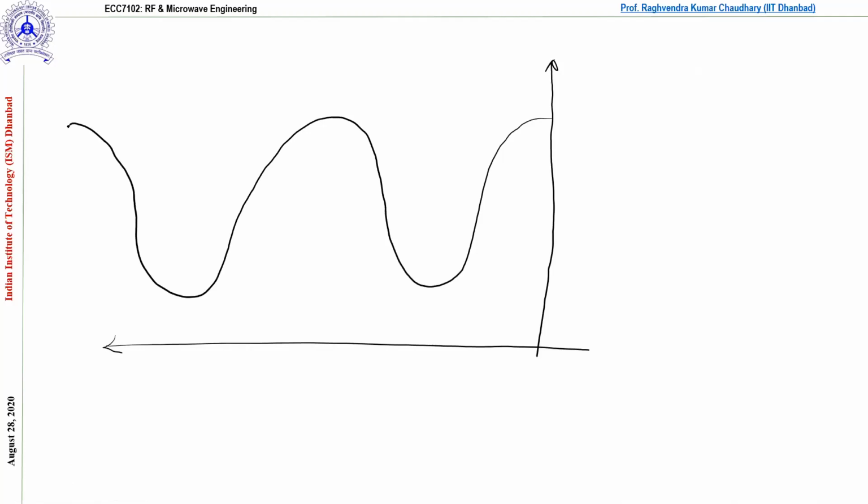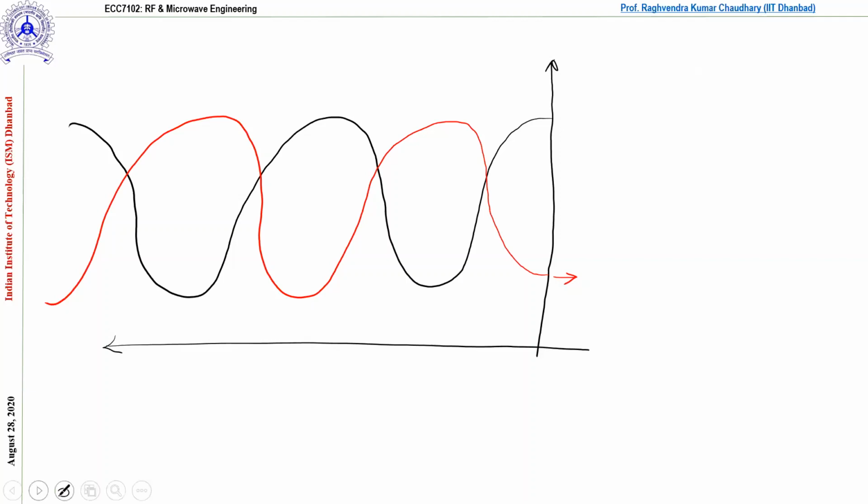Correct. I'm just making a sine wave. I'm trying to make this thing. Sometimes it is really difficult. And this is one thing. Fine. Now, for this red trace, if you see, I should mention first, just a minute.